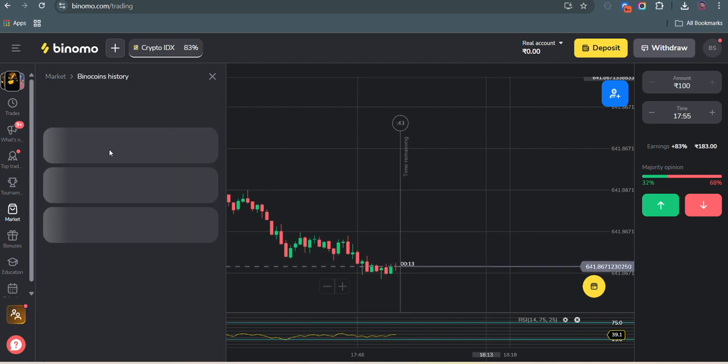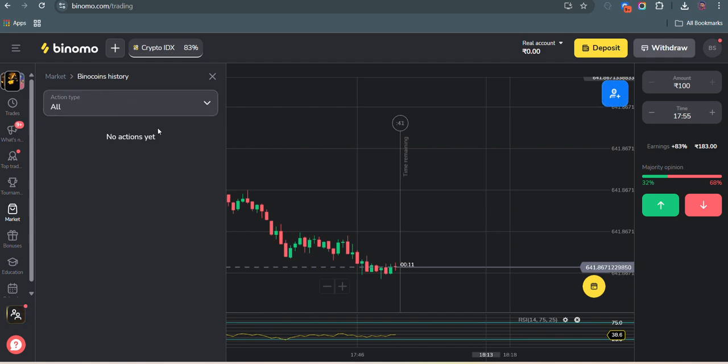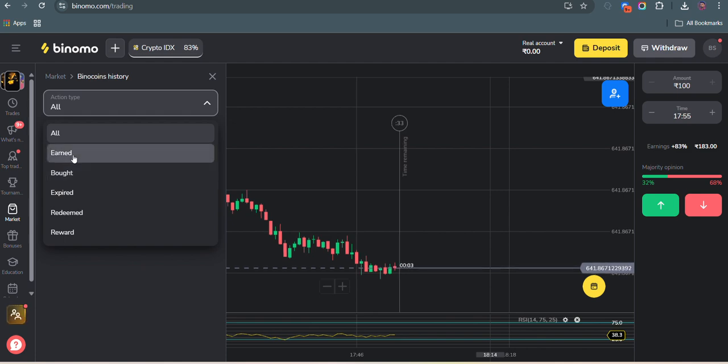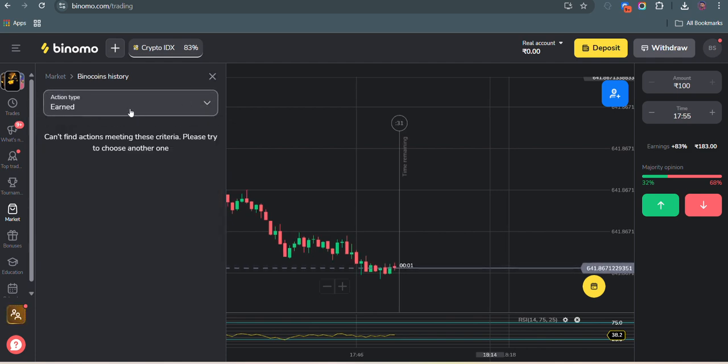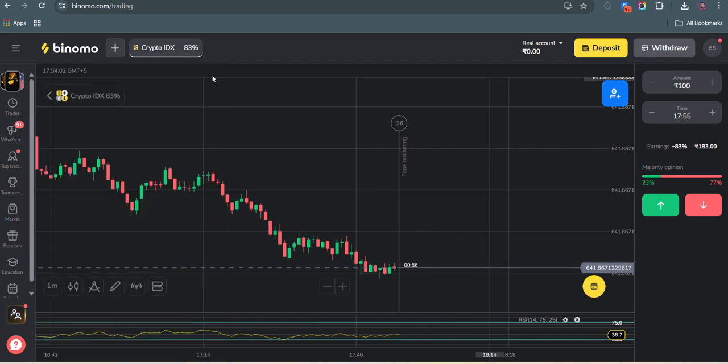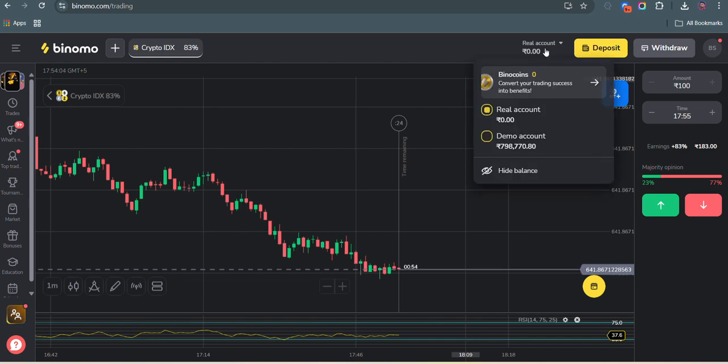So you can click on Binocoin history, and you will see all the history here: earn, bought, expired, redeems and rewards. These types of options you can filter, and you can see here, right? Let me go back and click again here on Binocoins,